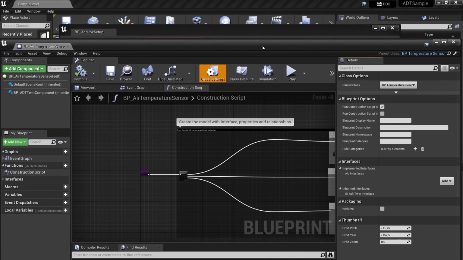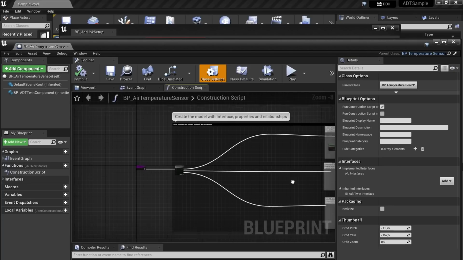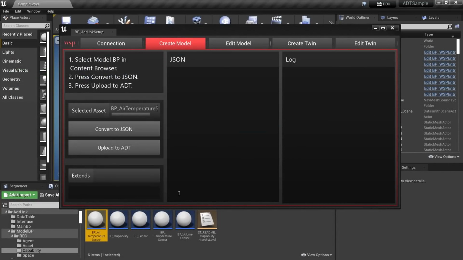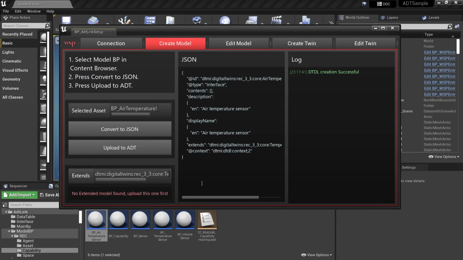So this Blueprint air temperature sensor inherits from temperature sensor, and that one inherits from sensor probably. And their values are being defined in the construction script here. And once you select one and you hit convert to JSON, then they're being serialized to JSON with all the variables in the digital twin description language and can be uploaded to ADT.